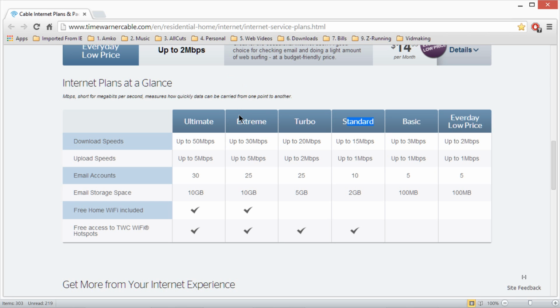For standard, you have at least 10 emails. Turbo plan, 25 emails with 5 gigabytes space. Extreme, 25 but larger space like 10 gigabytes. Ultimate, 30 email accounts and 10 gigabytes.